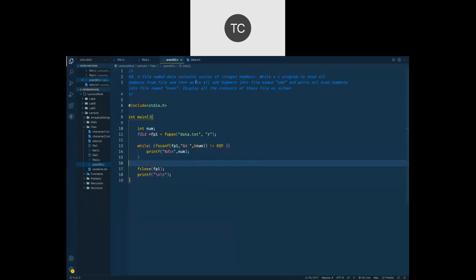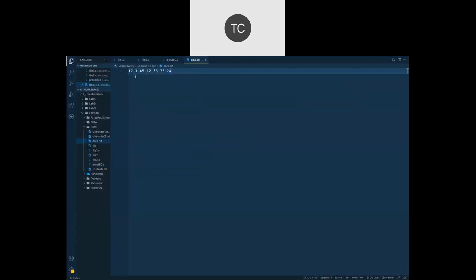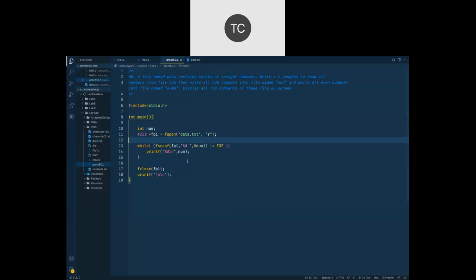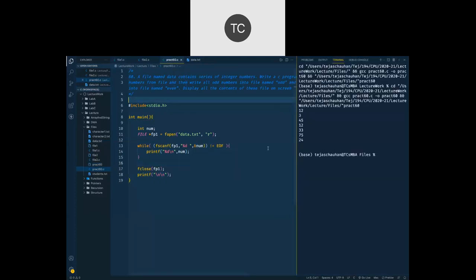So this is my code just to read this file, and I'm going to have all these numbers on the output screen. Every number will be printed in a new line. Okay, so let's run this code and see once what is happening there. So I run that code and I have all the numbers in a new line here on the output screen. Okay, so very basic part we have completed here. We have gone for a file read operation. We bring all that data and we print it.